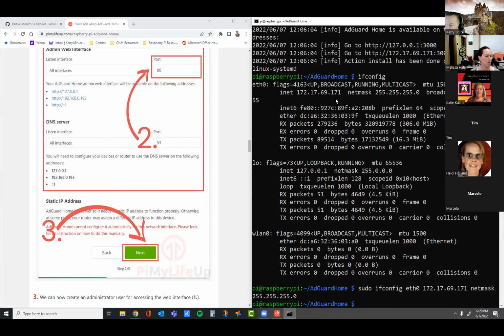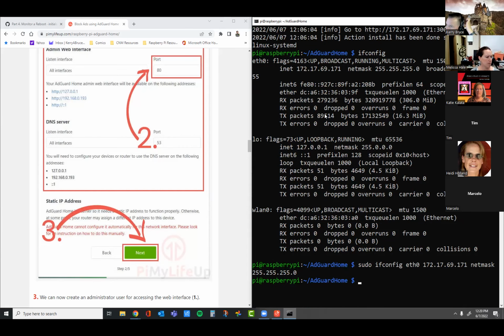Shouldn't have any conflicts at that point. We only have these couple machines on, and I'm not going to make any other changes today, so we should be good.